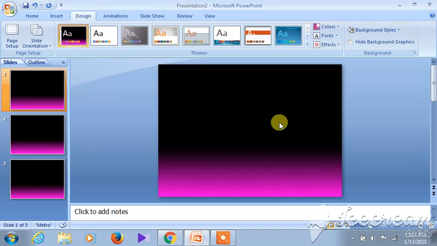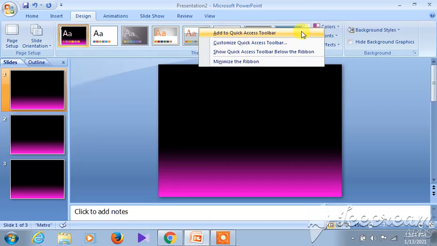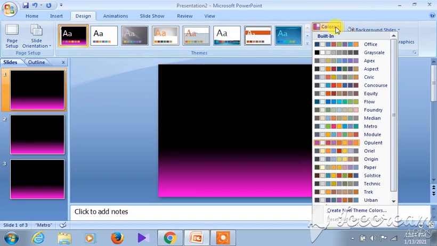If we want to apply the desired color scheme onto the selected slides only, then right click on the color scheme and click on the Apply to Selected Slides option. Suppose this slide is selected, and then right click on it, not this one, sorry, in this one you have to right click.